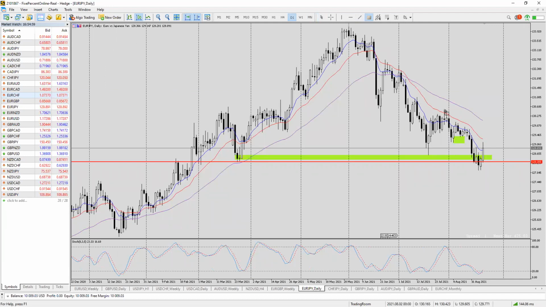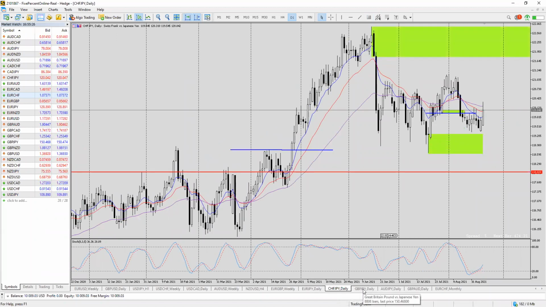We have, you can see here, the rejection area. Okay, so it could try to move higher to this area where you can see where the sellers came. Okay, this is the rejection zone, or like the intermittent supply zone. So those of you who are trading